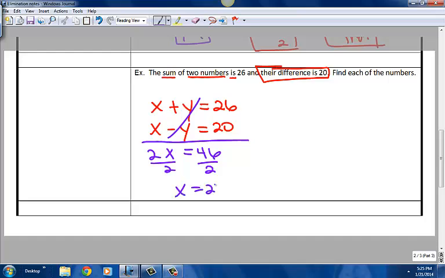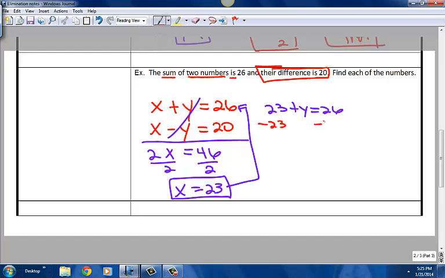So x equals 23. Same as before, take it back and plug it into one of the original equations, and then find your other value. And there's your answer. You can check it by checking the original problem statement and just see, does it make